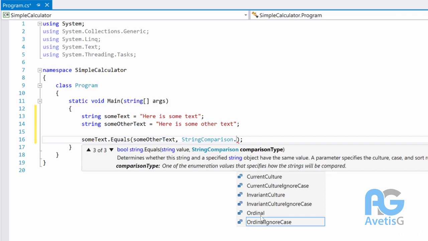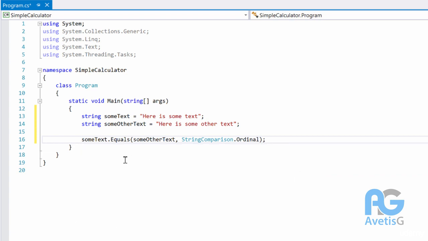So as long as you're not doing any language specific, culture specific text comparisons, then you can go with ordinal, because ordinal is a lot faster. It has faster performance. Some people say that whenever you're comparing strings, you want to always be doing invariant culture, so that if it needs to take into consideration certain language rules, then it will. But I say that if you know exactly what your application is going to be doing, then use what you need to use. So if you need to use ordinal and you know you're not going to take into consideration any language rules, then just use ordinal, because it's a lot faster. Otherwise, go with either one, either invariant culture or current culture. In this case, we'll be using ordinal. So I'll say ordinal,